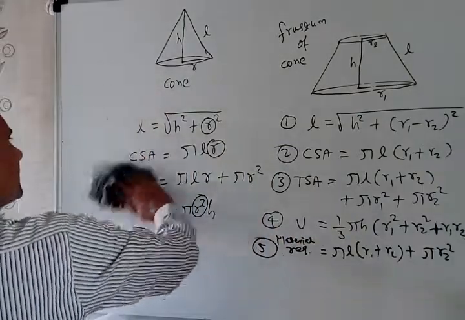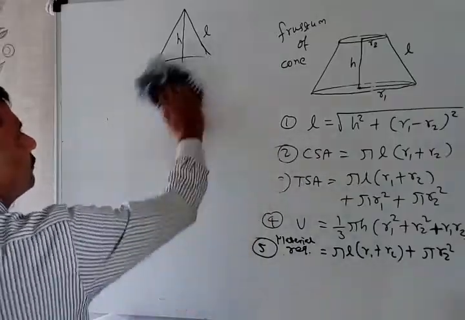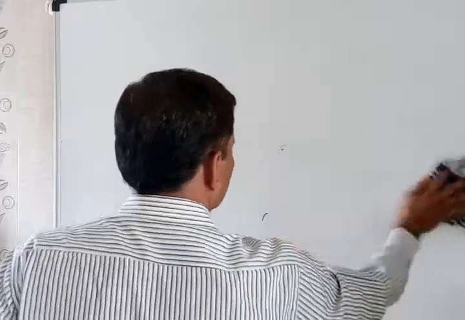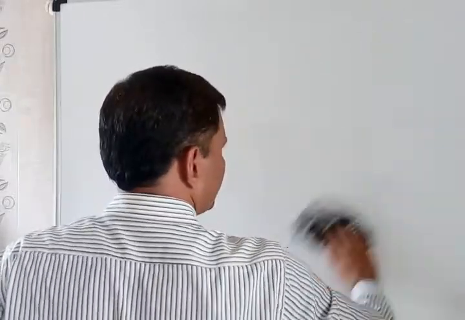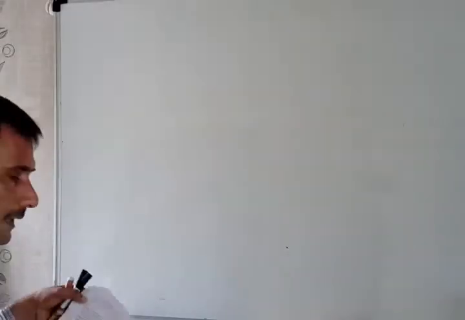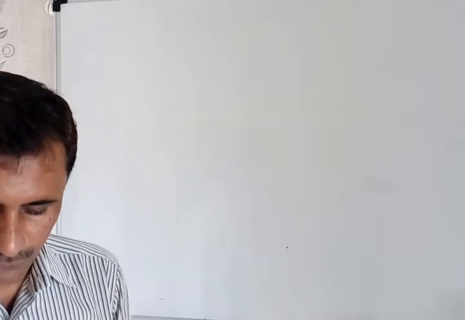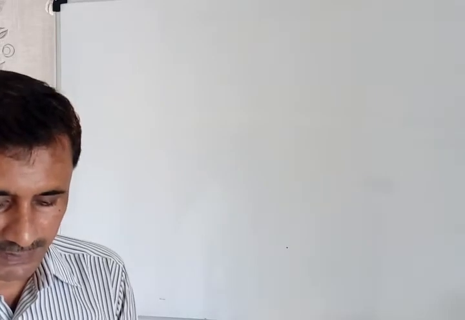Now look at the next exercise 13.4 and the first question. In the first one, look at whatever is given. So 13.4, a drinking glass is in the shape of a frustum of a cone. We know, we just discussed it. Of height 14 centimeter, the diameters of its two circular ends are 4 and 2. Find the capacity of the glass. Capacity means you have to find volume. Okay, so we have to find volume here.